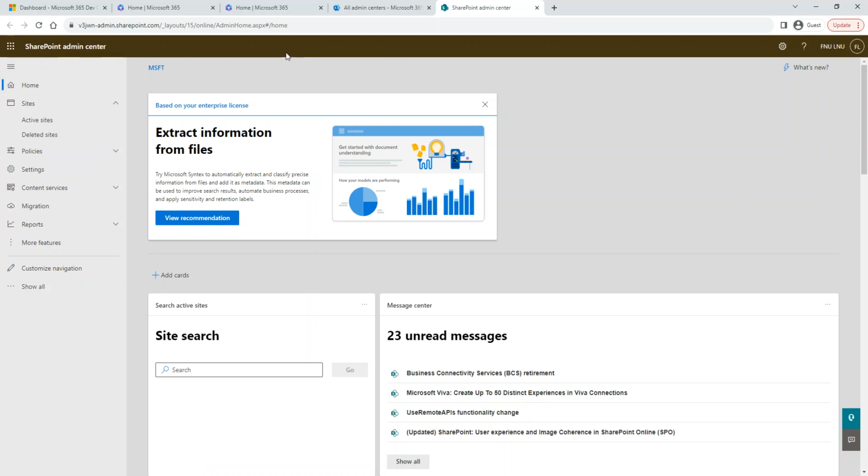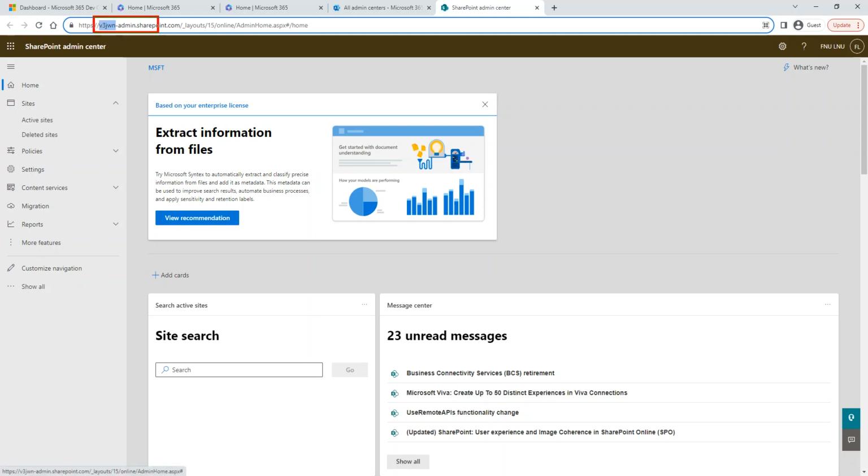As you can see here, even though I am on a different website, it shows my tenant name. Earlier when we set up Office 365, we got a domain, and we never saw anything related to that domain in the URL until now.